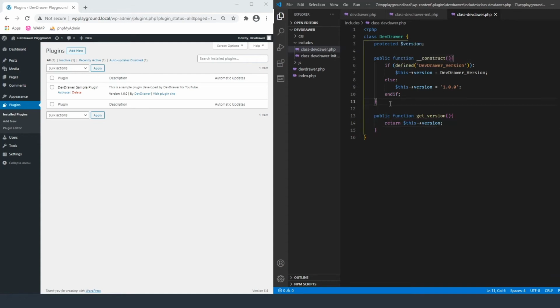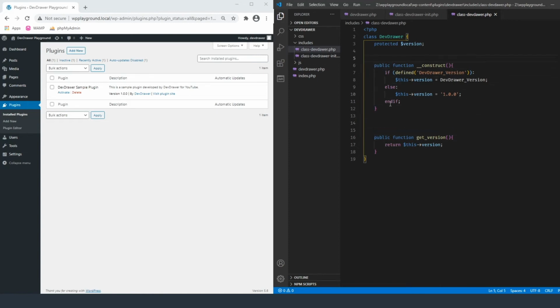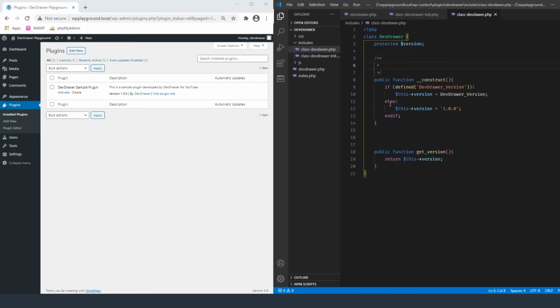Okay, so let's also come up here and actually let me add some commenting to this so that we can make sure that we're keeping everything structured. So let's say this is going to be the class construction, and then down here we're just going to call this one and say it's get